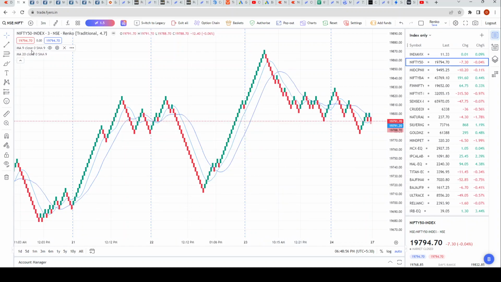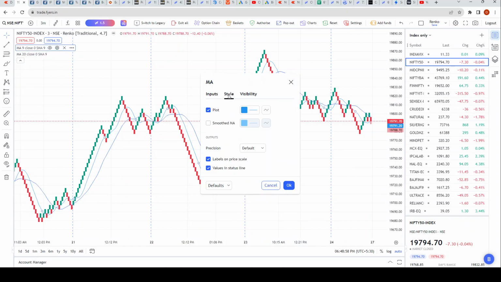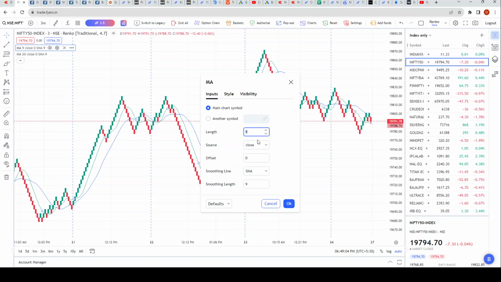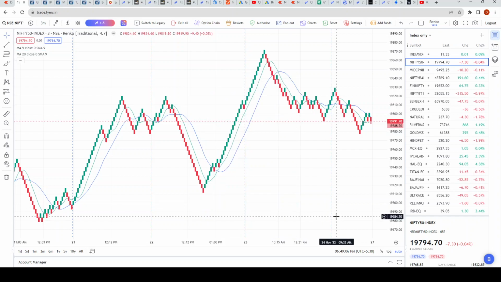Okay. The 9 one, I'll make it green, even though I'll again uncheck these two. Even though I don't need the 9 that much, I'll show you how it looks with the 9. So this is how it looks with the 9 and 20. I will hide the 9. So this is how it looks with the 20. All right. This is the only indicator that I would put on the chart. I would not use anything else if I was looking at the Nifty 50 chart with 3 minutes time frame